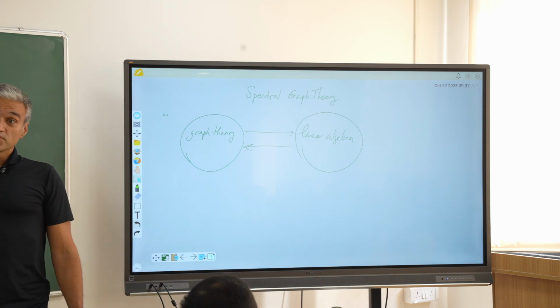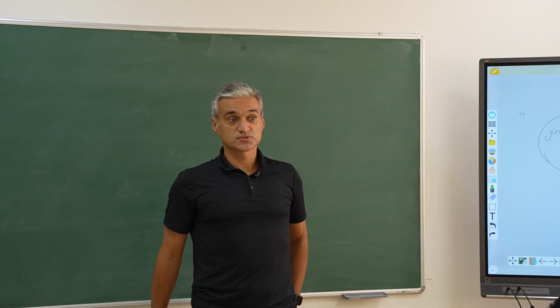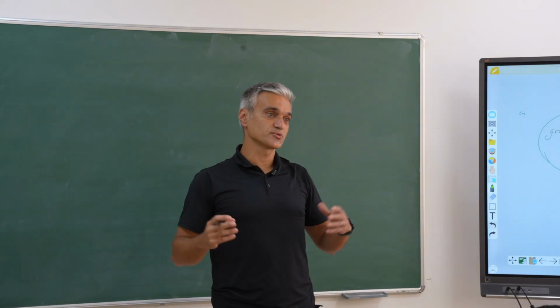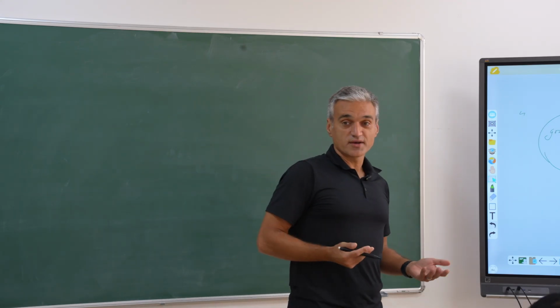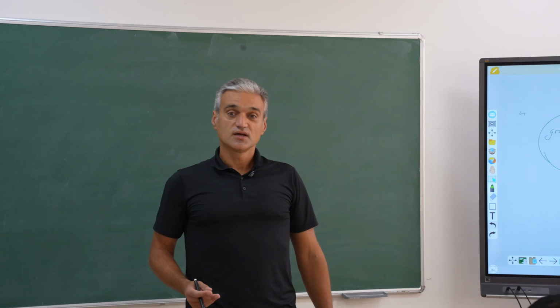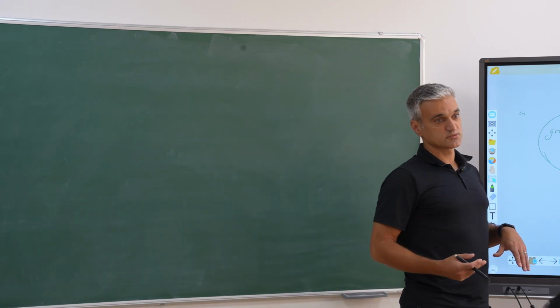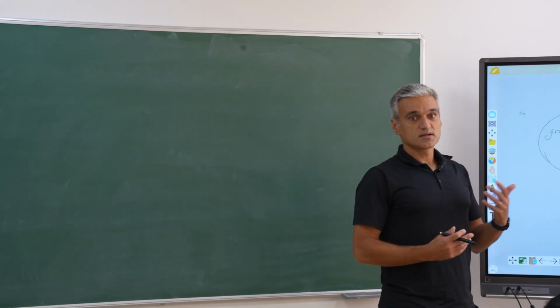So maybe when you're young and you're an undergraduate, and I know that it happens to some students that I've taught, you believe that mathematics is a bunch of separate islands that don't talk to each other and so on. Well, hopefully by now, the more you learn about mathematics, you realize that many things connect to each other. And so it's not a surprise here that you have a rich interaction between graph theory and discrete structures, like I mentioned, and linear algebra.